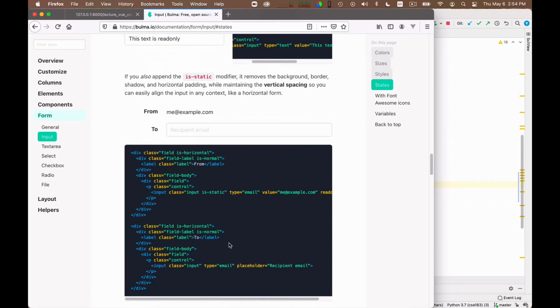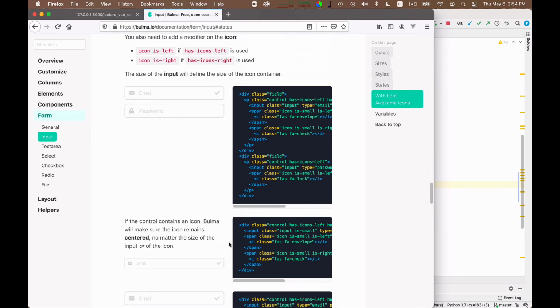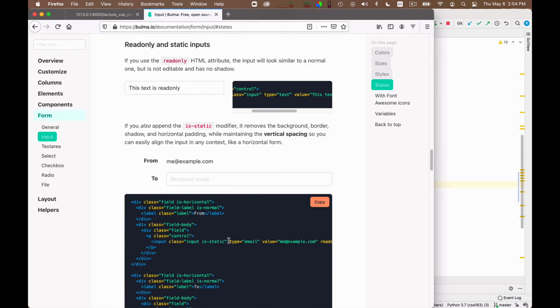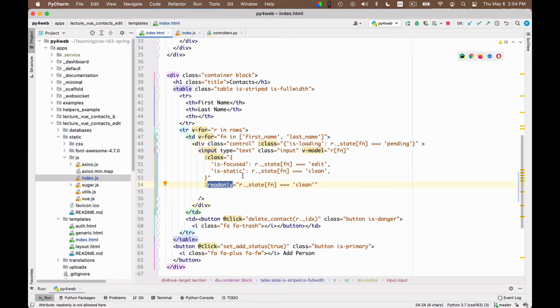I don't know exactly what it's called, but they are these things that appear somewhere in the tag. But look at it a moment. It's an HTML attribute. So it's not part of a class. It's just one of these things that appears there. You see there is a readonly there. Okay, it's an attribute. It's not a class. So this is the way to conditionally create an attribute. This is for adding classes, and this is to conditionally add an attribute. So this should take care of most of the styling.